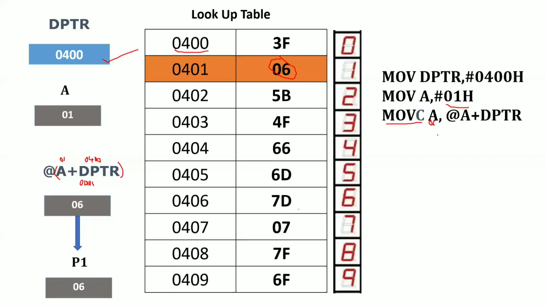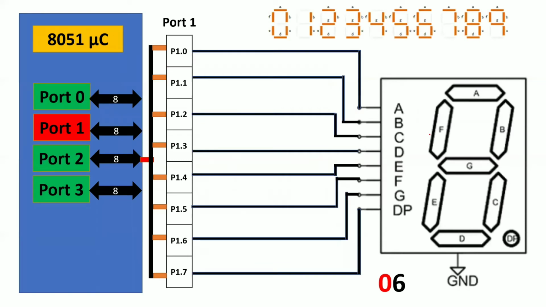You understood, right? Now, whenever we get the 06 in your A register, you just give that value to port 1. Whenever you put any value in port 1, it directly sends that value to the 7-segment display, because we have connected the 7-segment display to port 1. Again, in this diagram, it has to be connected to port 1. I have given something wrong there. Actually, it has to be connected to port 1, not here.